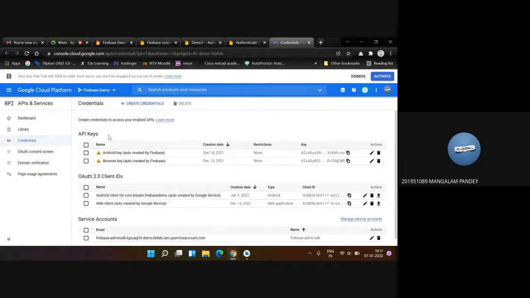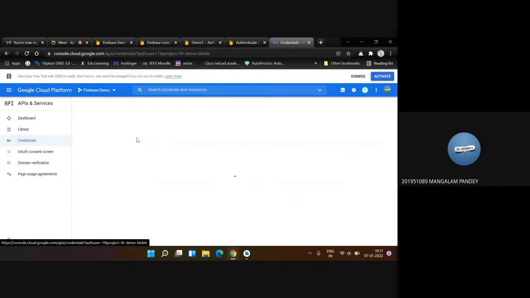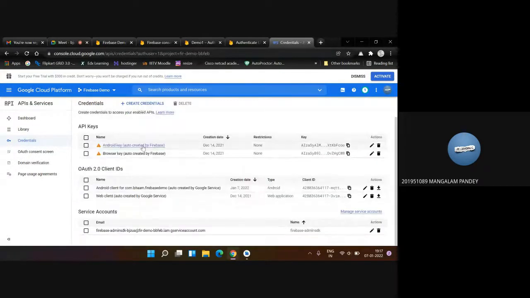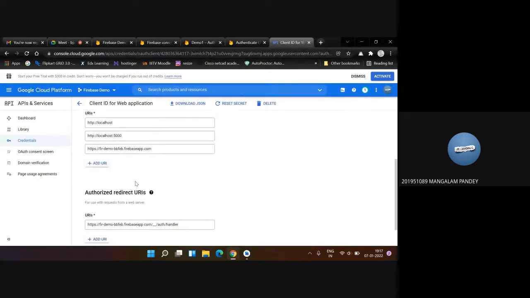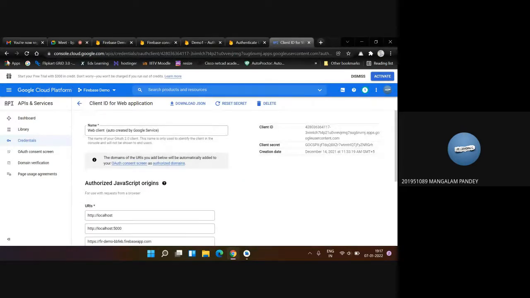On the credentials page, here is the web client ID. This is your client ID. You have to copy it